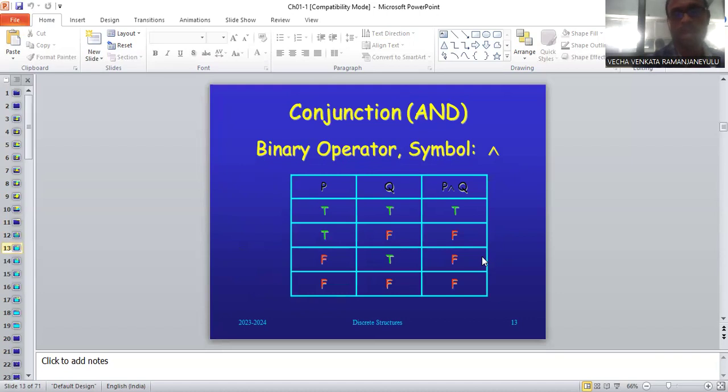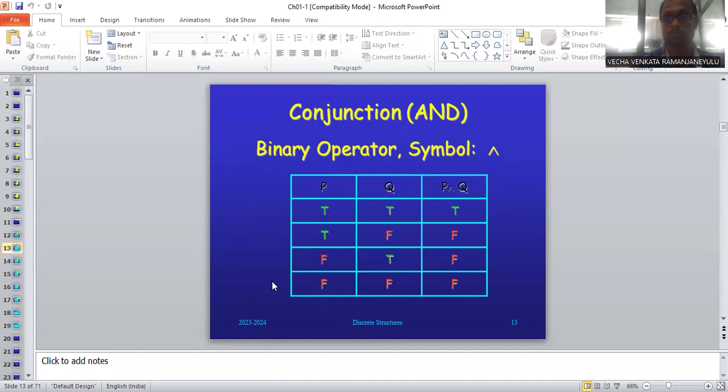Next, conjunction. Conjunction means the AND operator is used. Here it is a binary operator, with the symbol like this. I am taking two variables, one is P and the other is Q. There are a total of 4 rows, because 2 power 2. Two variables, P and Q, each can be true or false. Overall, 2 power 2 is 4